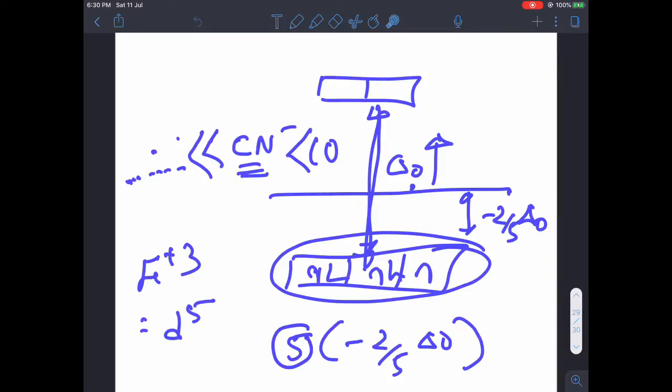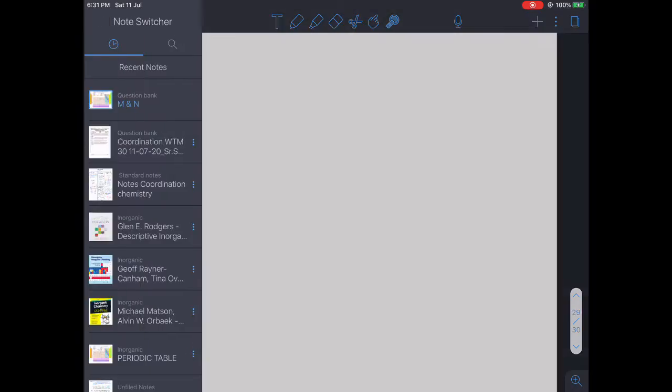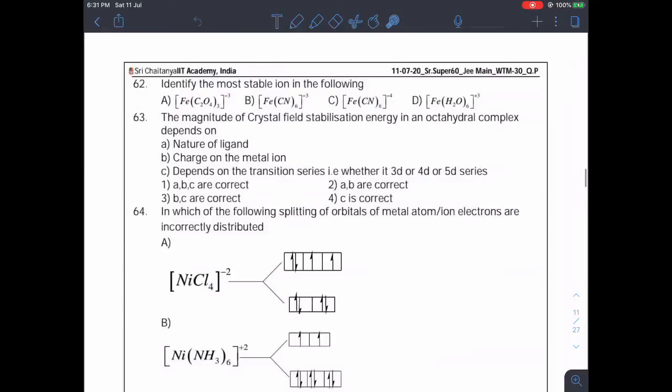So, the more the electrons or the more the value of delta O, in both of these cases the value of CFSE will be less and less. CFSE being less and less means more and more stable, because it is coming lower in energy. So, out of these 3 examples which I have stated in +3, obviously this one is most stable. Now, some people used to give an argument about this giving a chelating effect.